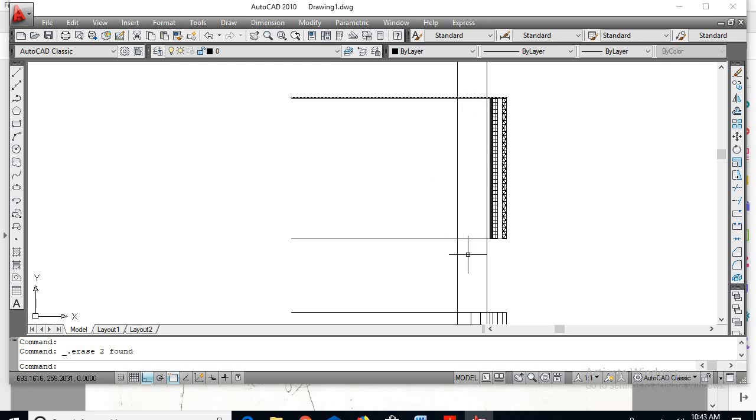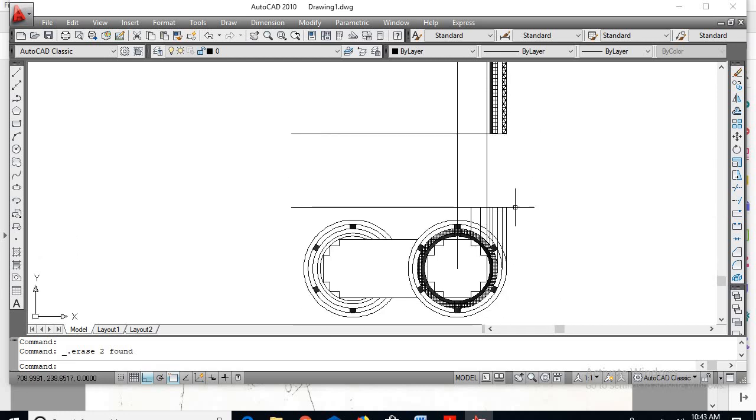because I cannot see the width of the largest stamping here. Okay, so here also I'll go for selecting all the lines here. Go for select all the lines, delete.